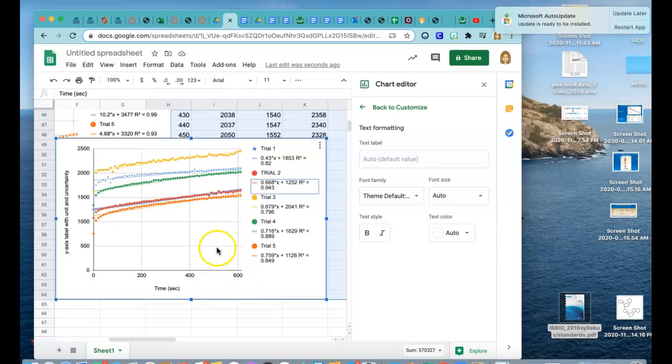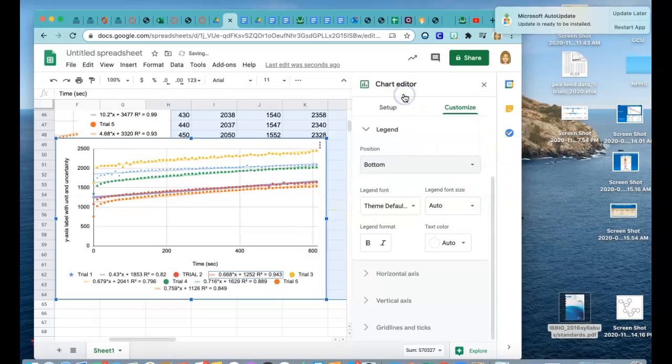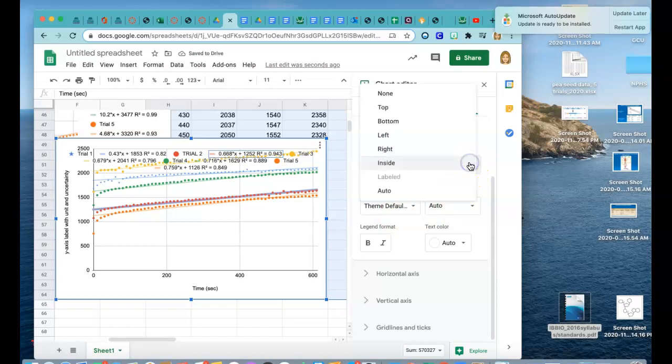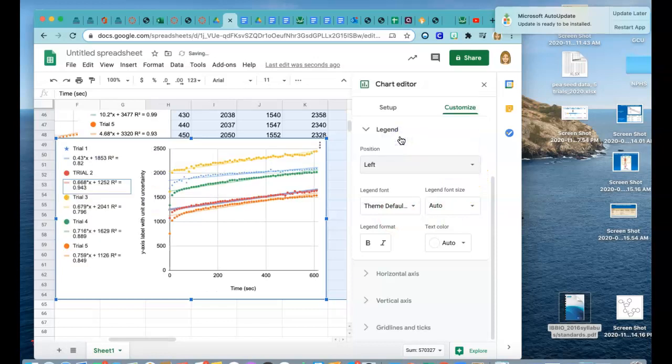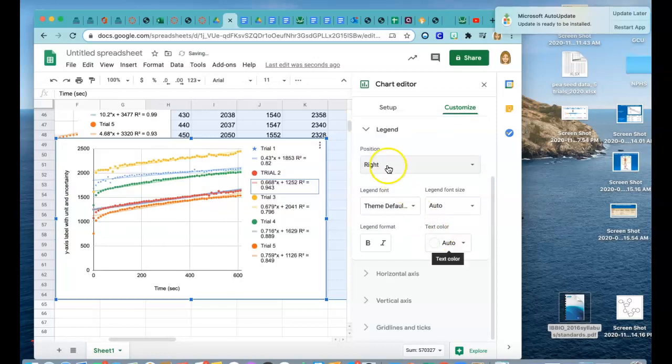Okay, let's see, what else do we need to do? Oh, I could change the labels here, or the scale also. So let's go back. I'm in customize. Oh, I can move my legend. Let's do that really quick. So it picked automatically to put it over there, but if I wanted my legend on the bottom, I could put it on the bottom. If I wanted it on the top, I could put it on the top, on the inside. That's really weird. Don't do that. Left. Right, so you pick where you want it, wherever you think makes the most sense or looks the best for your graph. I'm going to leave it on the right this time, but again, you decide what works best